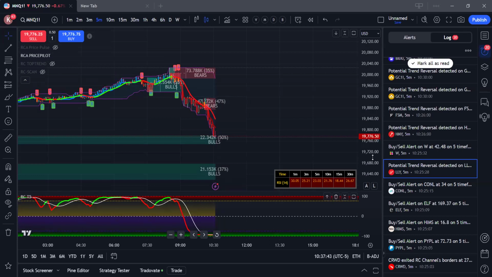Whenever QQQ starts moving, whenever we get a proper confirmation on QQQ, that is the time where we can enter Tesla calls, Google calls, Nvidia calls. Everything will start moving up. Still, sellers are trying to push it down, but